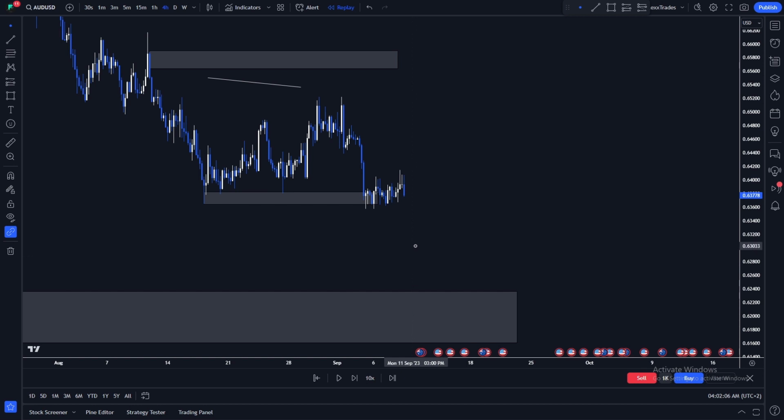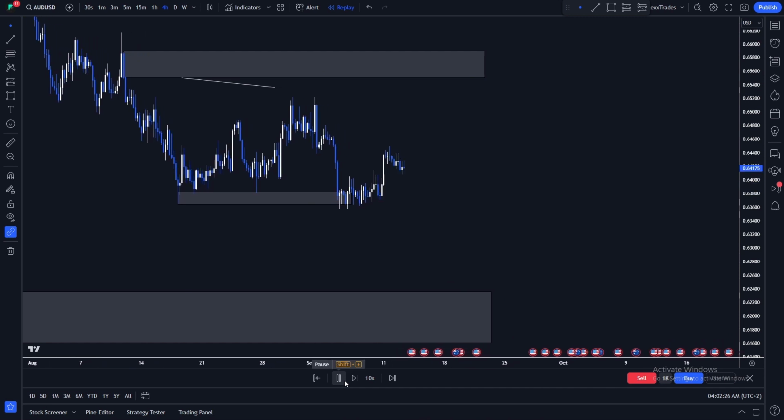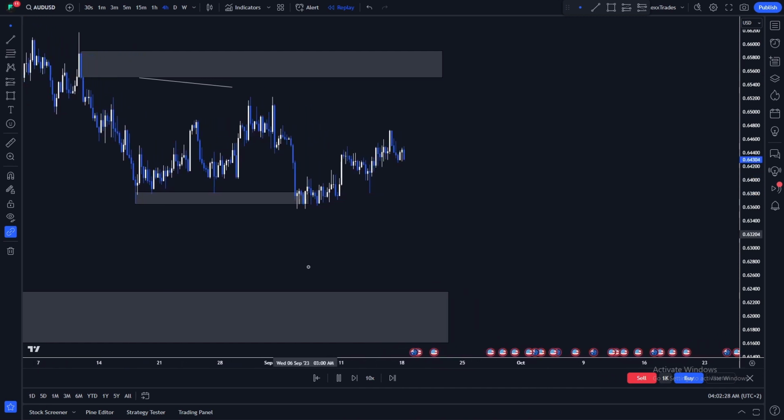Because you have to think about this, the market will always retrace towards the most extreme zone, to the zone that's not getting mitigated, right? If this zone is not mitigated, it will get retraced. So that's 100% certain. For example, this zone hasn't gotten a retracement, hasn't gotten mitigated. It will mitigate this zone. I just know, okay? So we're simply gonna wait and see, because at the end of the day, this is